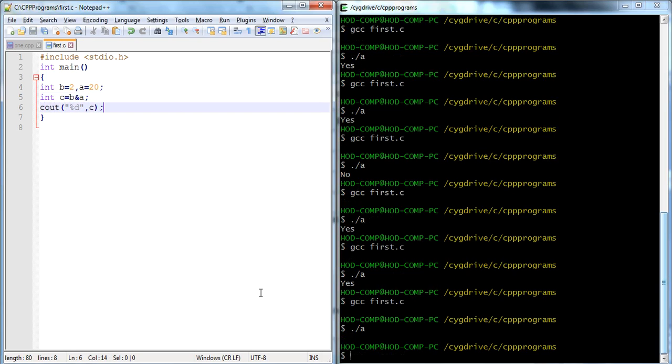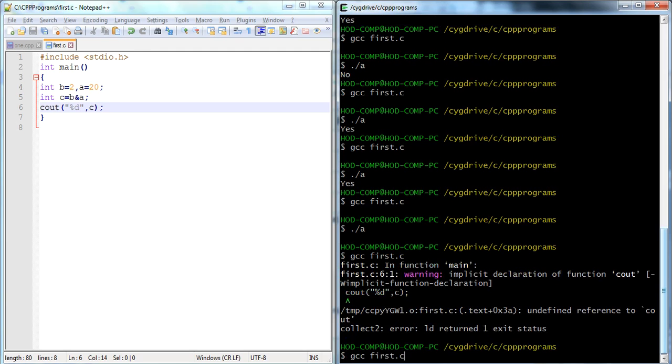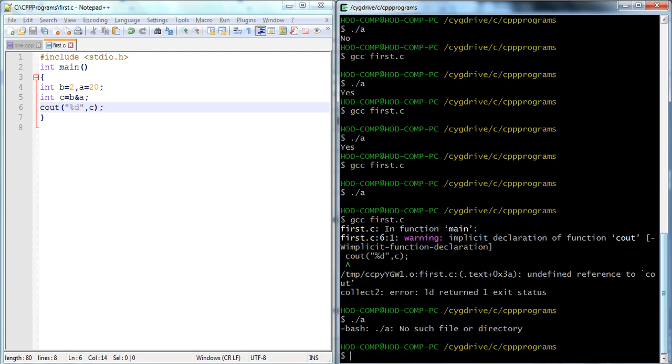Now save. Then it gives a warning: no such file, or it may be an implicit declaration of main.